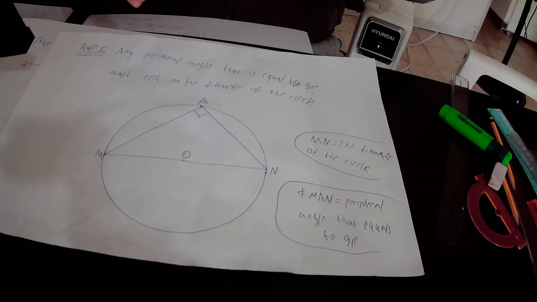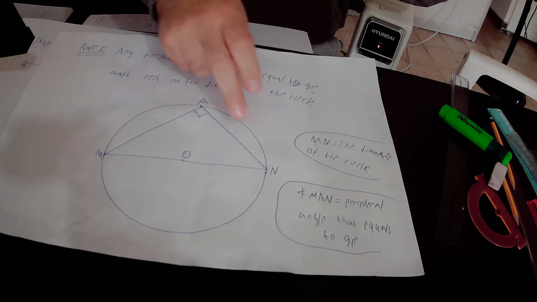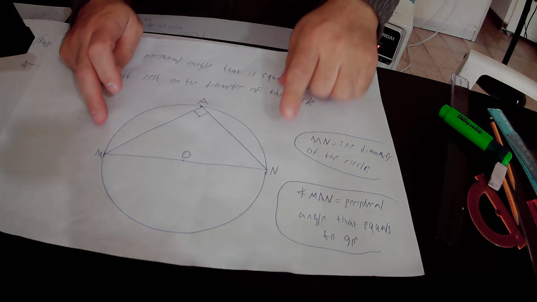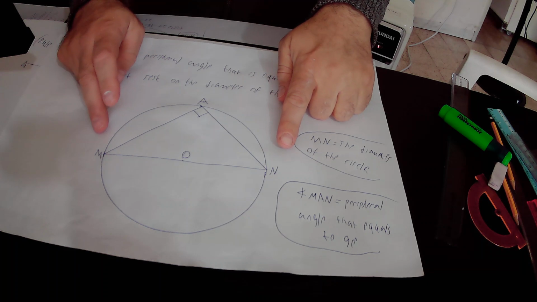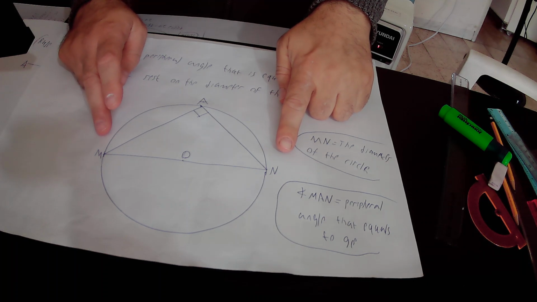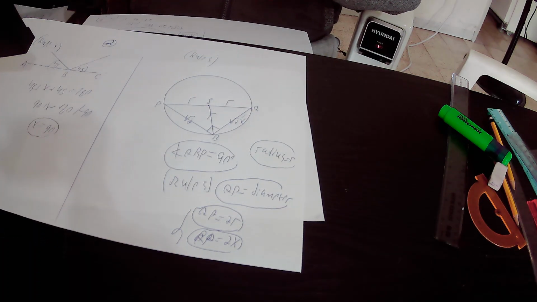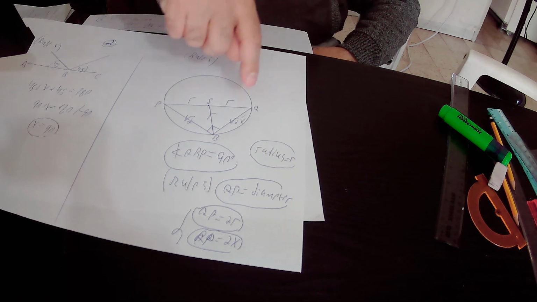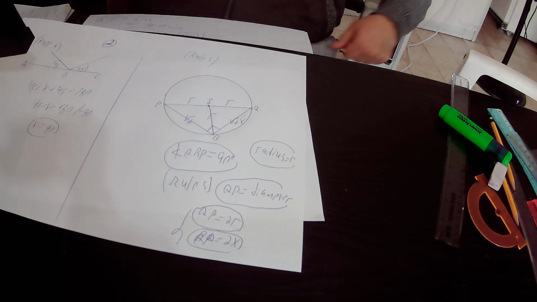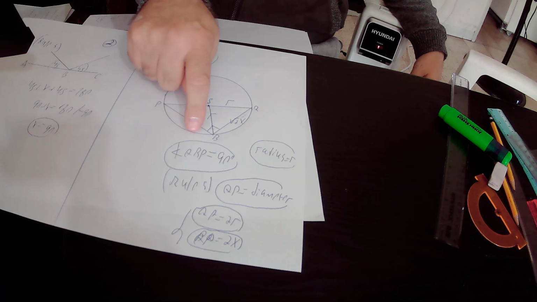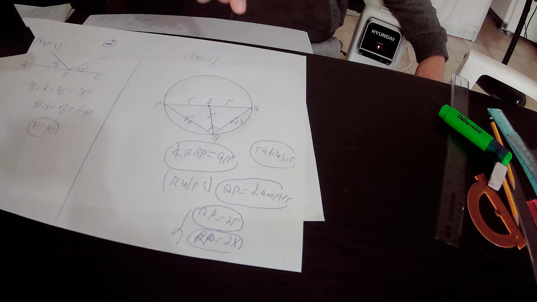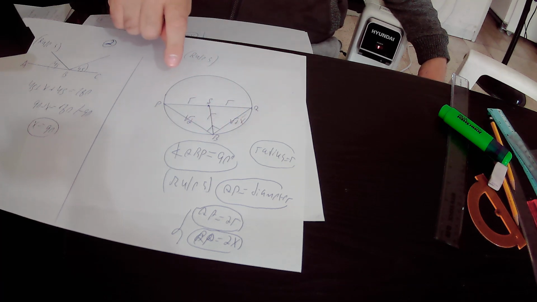So in conclusion, we can say that because the peripheral angle MN equals 90 degrees in size, it rests on the diameter of the circle, it is actually MN. We can implement rule number 5 in our drawing. Why? Because in our drawing we have peripheral angle QBP equal to 90 degrees, therefore, according to rule number 5, it must rest on the diameter